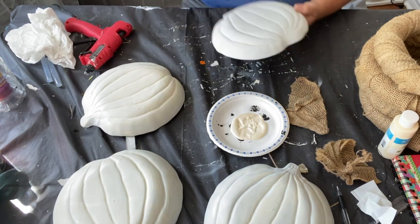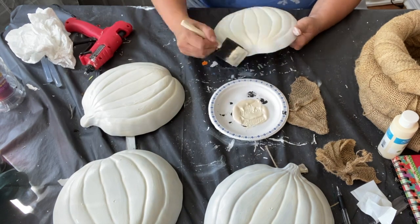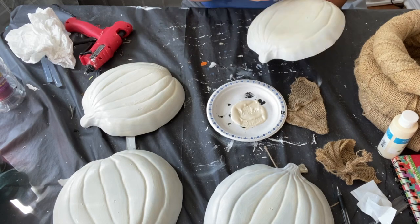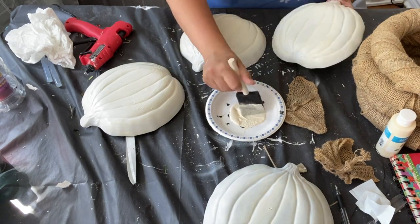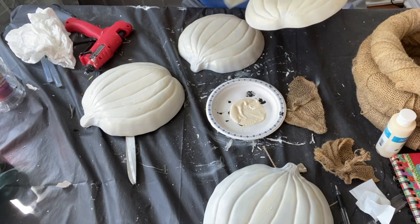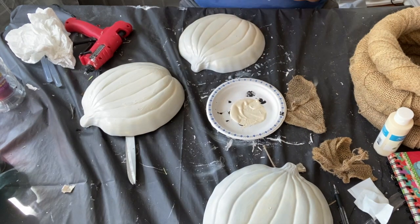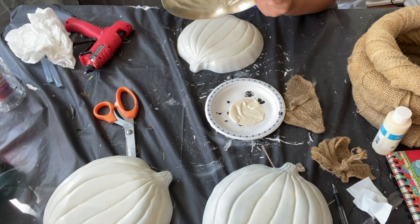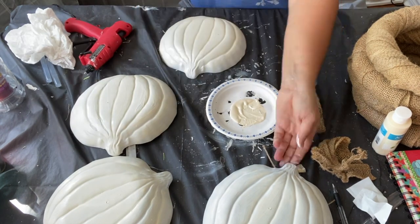So you can see I'm just using this sponge to do this, and it's not difficult at all, and it's not perfect. I'm just adding it to the creases and lightly spreading the paint. I will also be